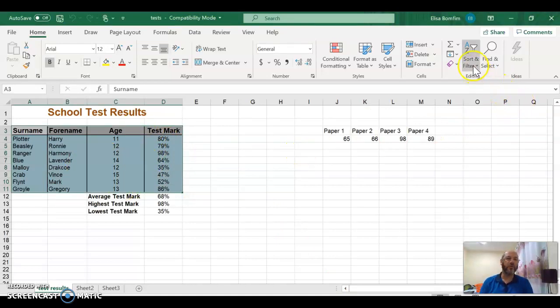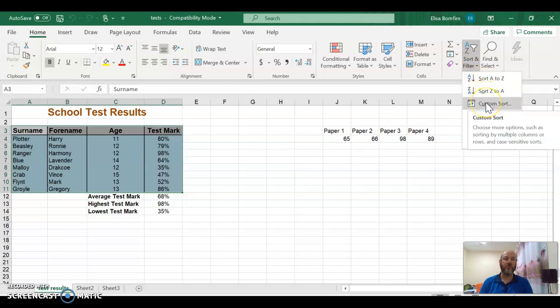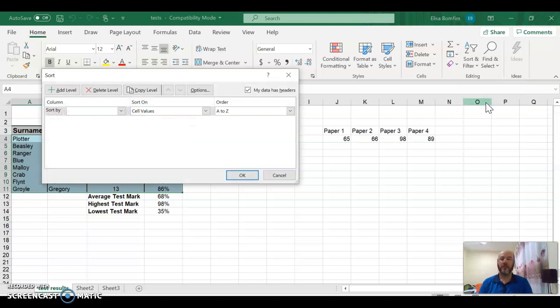I will go here, Sort and Filter. I will need to choose Custom Sort. And I will sort column age,